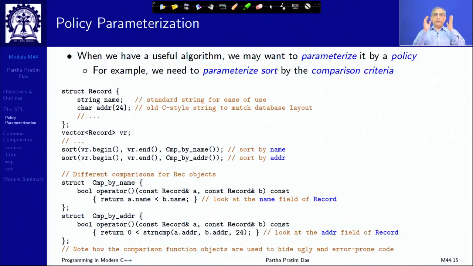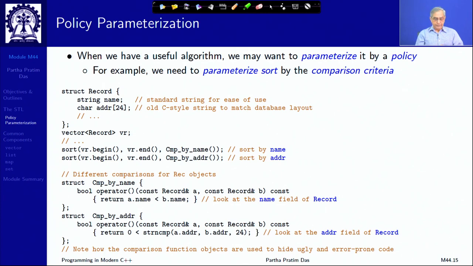Now, if you look into these two forms of find, you will find that the basic algorithm is the same. Start at the beginning, keep on checking the value, keep on going till the end. The way you check has been changed. In the case of find, the check was by equality. In the case of find_if, it is by some other predicate. It could have been equality also. Such elements in the design of STL are called a policy. That is, generically speaking, I am trying to do find, and I have a policy for deciding how I find